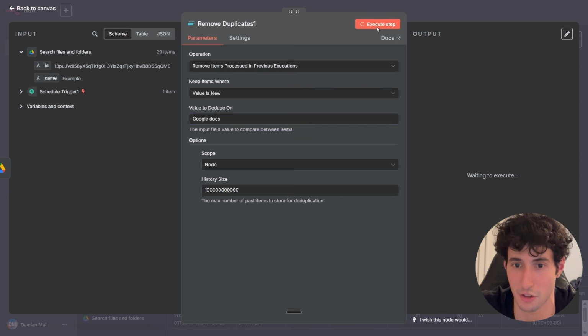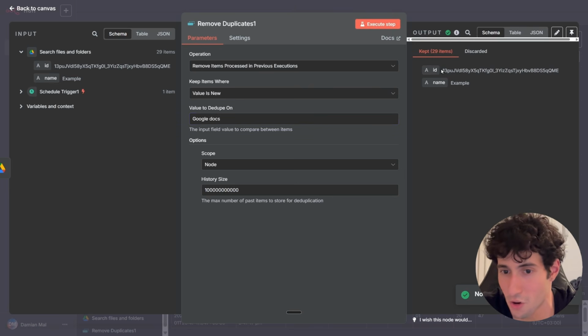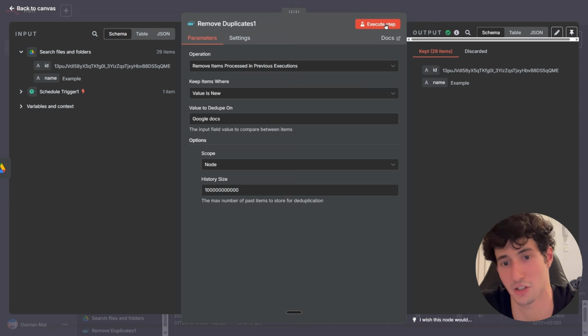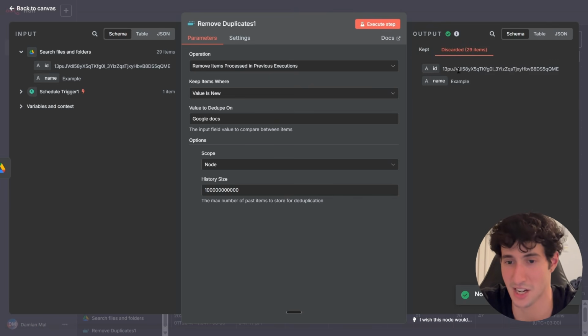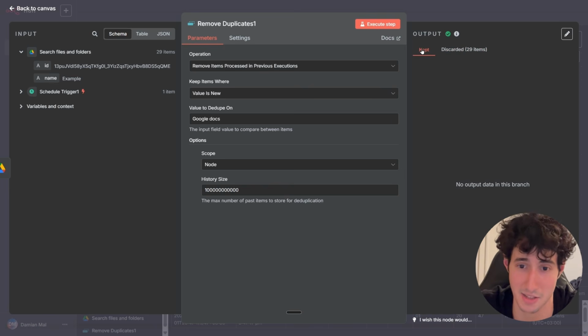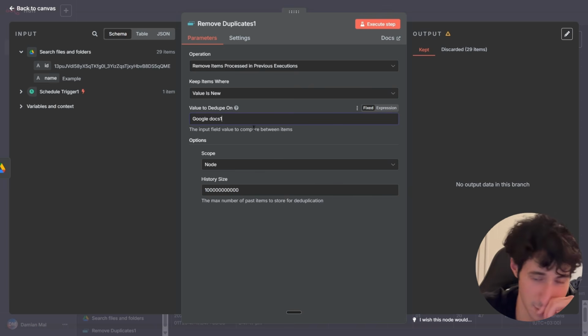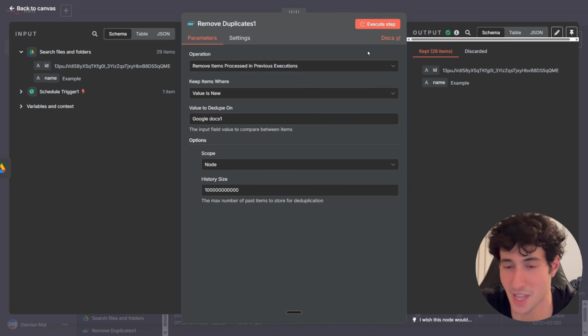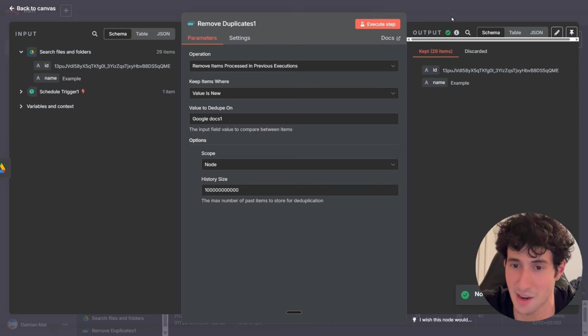And if we come over here and click on execute step, we can see that all of these IDs pass, but again, if we click on execute step again, you can see that it discarded all of them, since it remembers the actual IDs that have passed. But because I want to be able to use this data, let me change this one more time, so I can click on execute step again and have this over here in the kept,